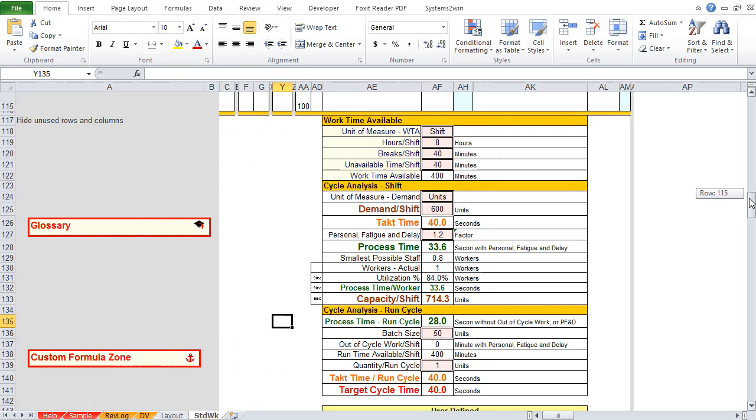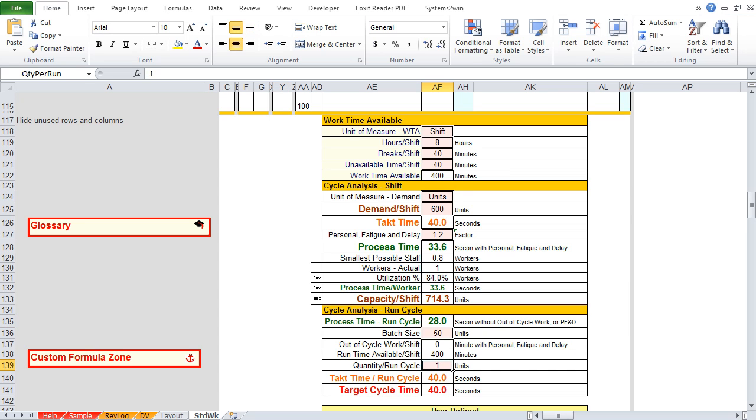Let's do it together. In our template, let's scroll down to this bottom section where we had entered our default data in the pink double bordered cells. And notice that as of right now, we have a quantity per run cycle of 1 unit. So that happens to be that our tack time for our shift is the same as our tack time for the run cycle.